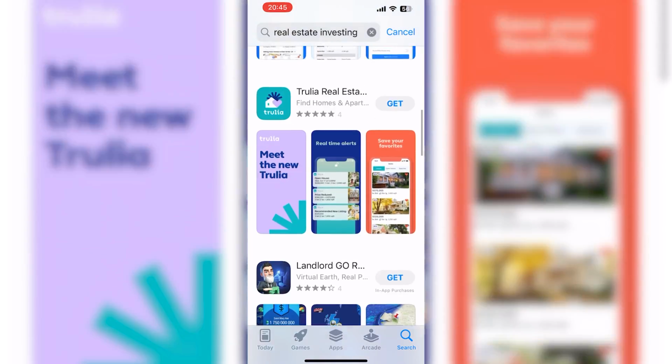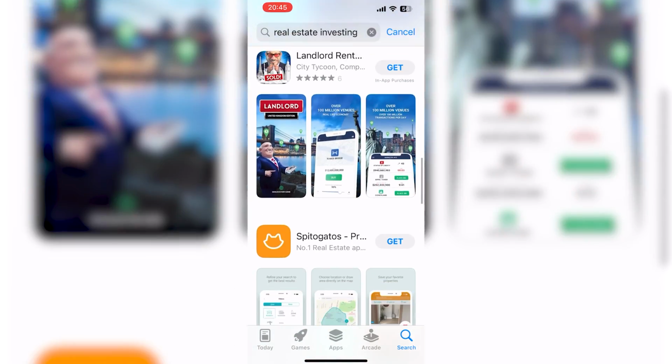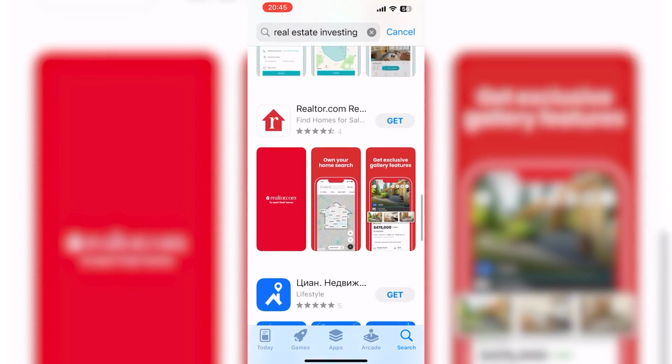And now I thought, why not try a real estate investing app, even though I told myself I would never try one of those. Not only can it be quite risky and a little bit speculative, but there's also a crap ton of options. Like if you go to the App Store right now, you can just scroll through a ton of different apps that they have just for real estate investing. And if you want me to cover some of those in future videos, I'd be more than happy to.